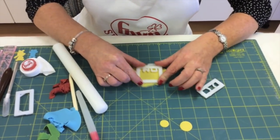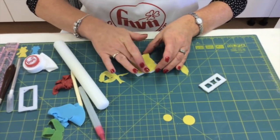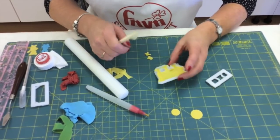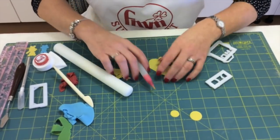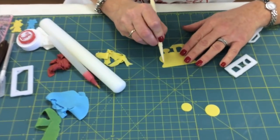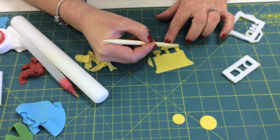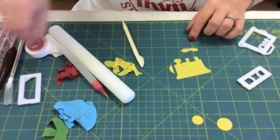Pop the engine on top, wiggle it around just the same as before. Don't need to worry about these sections too much because we're not going to be using the whole thing. Pop it out, and then all I simply did was use my knife and scriber tool to cut the front of the engine and then I just popped the top off, and all you would do then